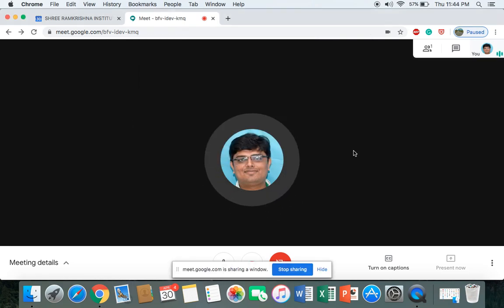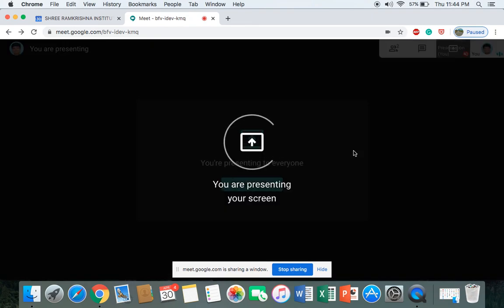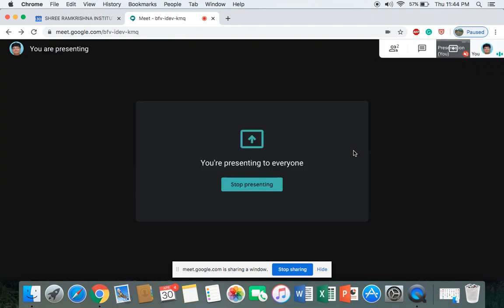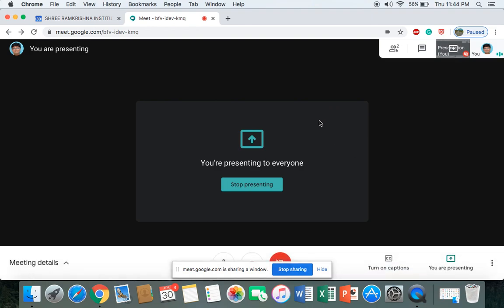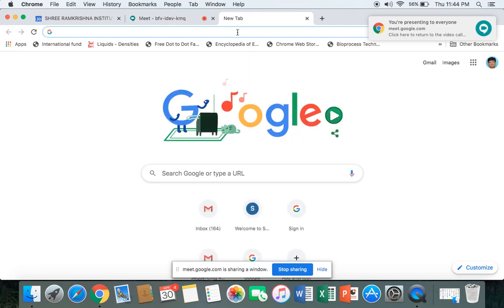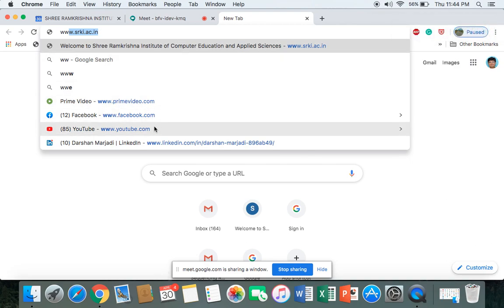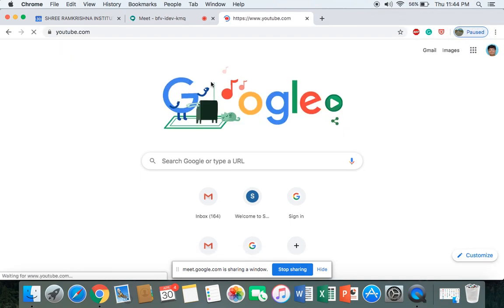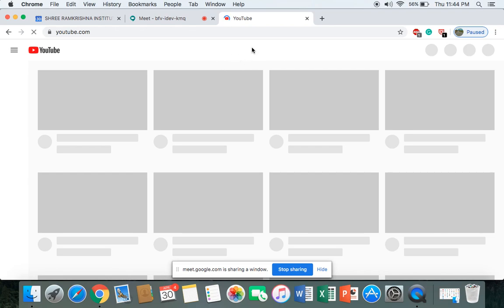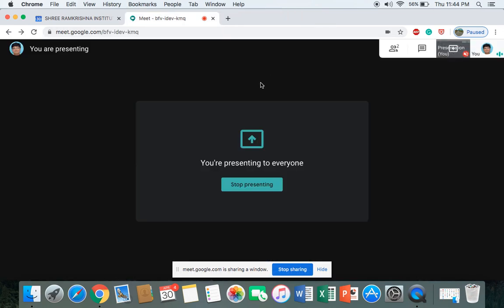Now once I click share over here, that means I am able to represent my screen to everyone. So you are able to observe these things on your screen. Participants are also going to observe the things over here, and you can click on any of the windows and display that particular thing to the participants. For example, I don't have anything to show right now, but if I wanted to show some kind of YouTube video, I click on YouTube, and whatever links are there in YouTube, all those links are going to appear over here. So that is what is going to occur.